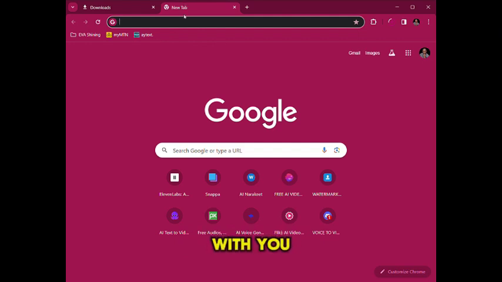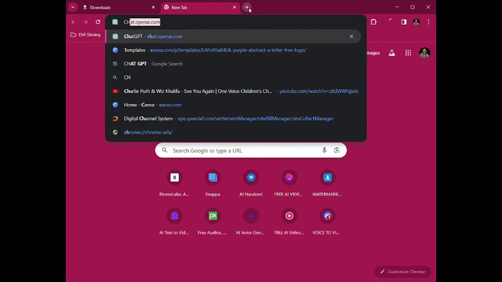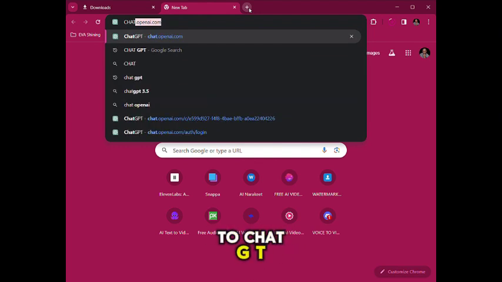Today I'll be sharing with you some step-by-step procedures on how to create a faceless AI video and monetize it and make money out of it at the end of the day. There are two ways to go about it. You can use ChatGPT and Fliki. Let's go with that. The first thing to do is to go to